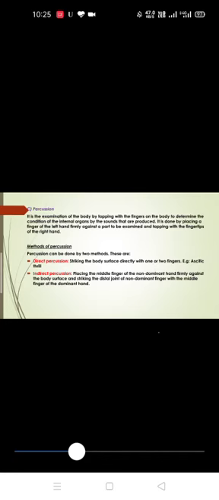Then the percussion. Percussion is the examination of the body by tapping with the fingers on the body to determine the condition of the internal organs by the sounds that are produced. It is done by placing a finger of the left hand firmly against a part to be examined and tapping with the fingertips of the right hand. So here you will tap on the body. While tapping, through the sounds produced we will determine the condition of the body. Okay, that is percussion. I'm going to repeat once again. Percussion means you will tap on top of the body,